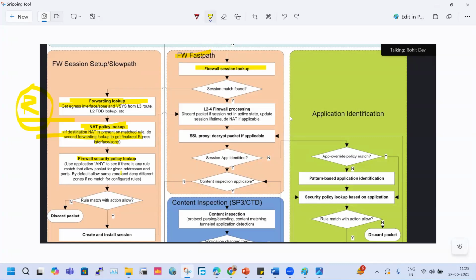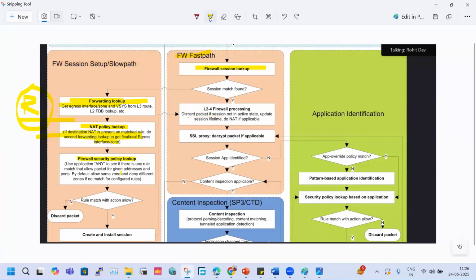Okay, then again it will go to the slow path and it will initiate the new connection. Right? Got it? Creating the new session and inactive sessions at both points, we go to the slow path. Yes. Once the packet is discarded, okay? If the packet is discarded, then the connection will be new, right? For a new connection, we have a slow path, right? So it will take the slow path then.